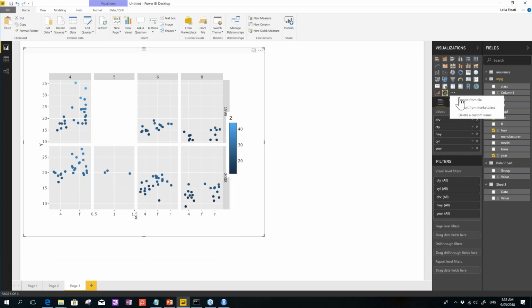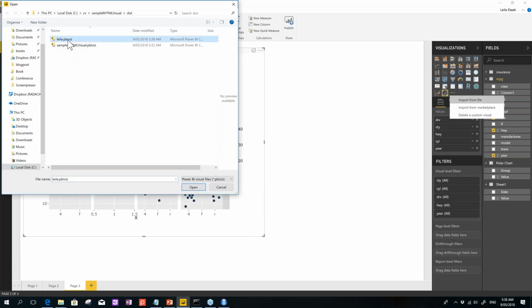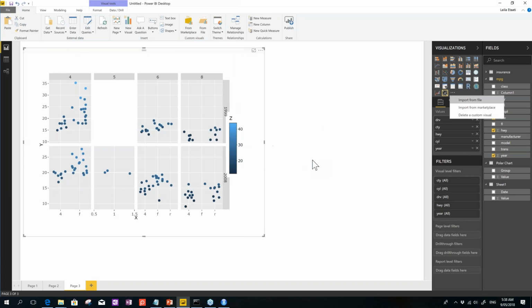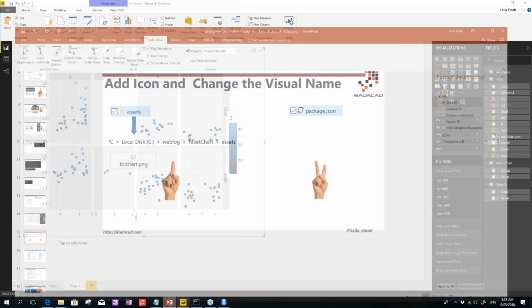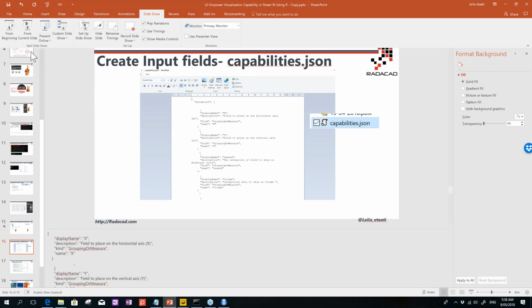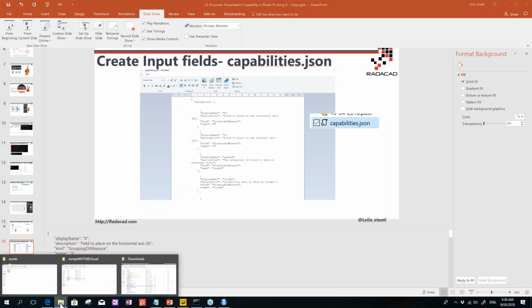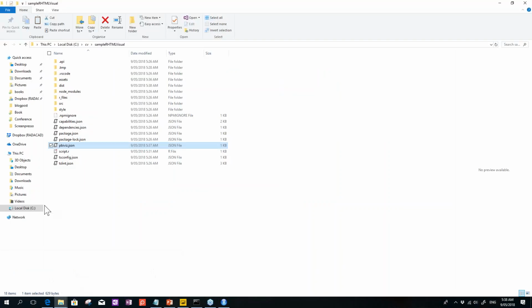And yeah, it's run. Again, need to go because it's a different visual with different name. So now I have this one here. As you see that we have a different charts there. So you can actually change easily the name and the icon of the chart. The second step is about how to create the input fields. So all of these things can happen by changing the file name